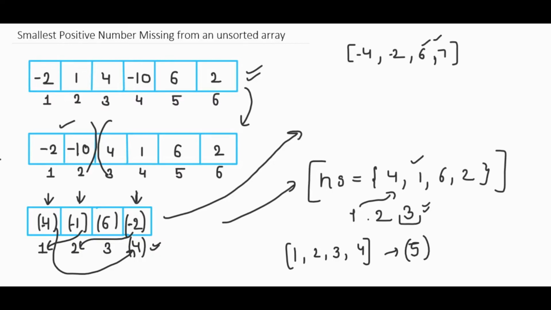More than 3 elements can be positive, all elements can be positive as well. But we have to consider the first element. 1, 2, 3, 4. If this is the case, if two elements are left which are positive, so we will consider 3 because we have to find the smallest positive number missing from this array. Okay, I think you got an approach. Now let's move to the code.